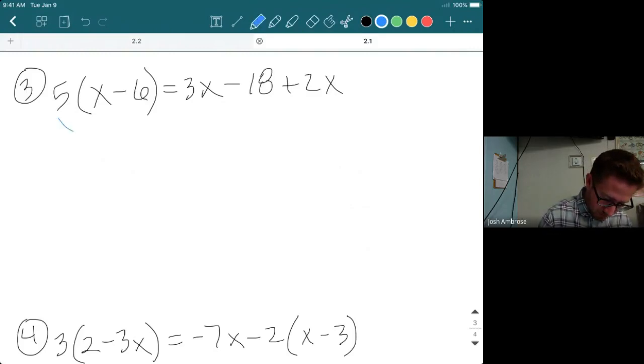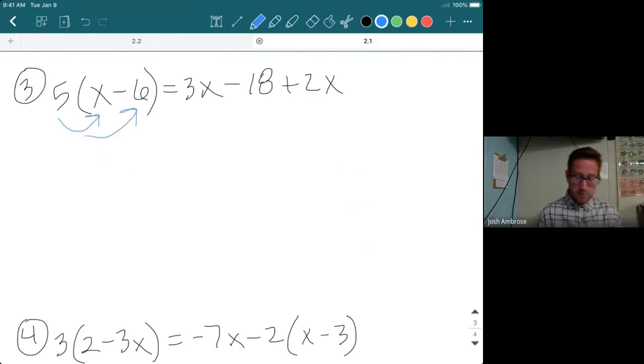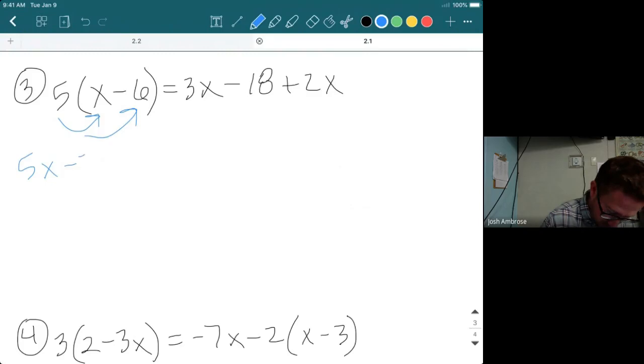And here we go. Distribute the 5 into the parentheses. You'll notice that's a pretty common step here, and it's just a little easier to make that your first step. Just start to simplify, kind of get rid of those parentheses early on. All right, so 5x minus 30